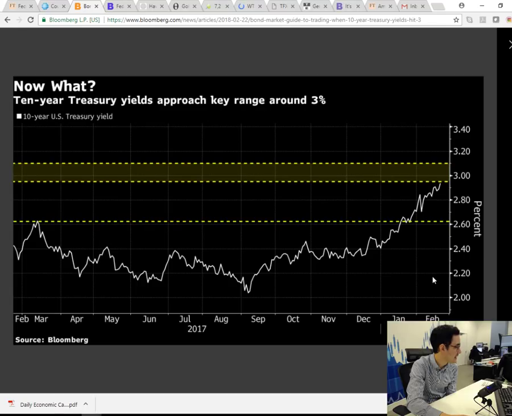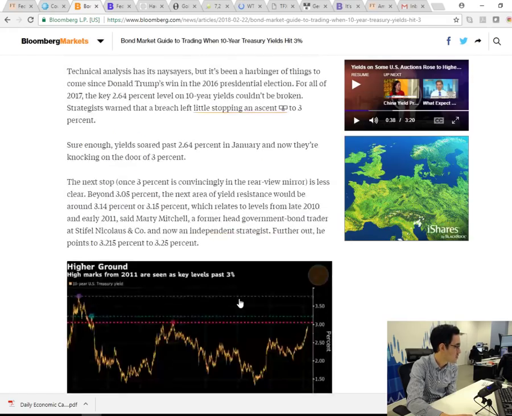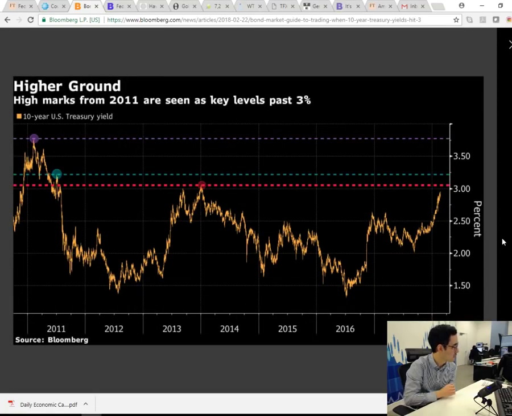So you can see here the speed at which we've seen the 10-year yield pick up really since the beginning of the year. What was really key was the breach of the 2.5% and then that 2.6% from the early 2017 high, which has really opened the door to a surge in yield since that point. The question would be then technically, where do we go if we breach 3%?